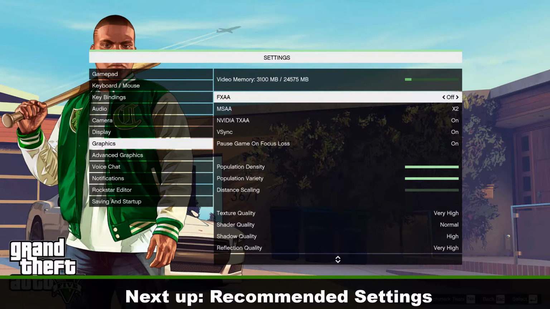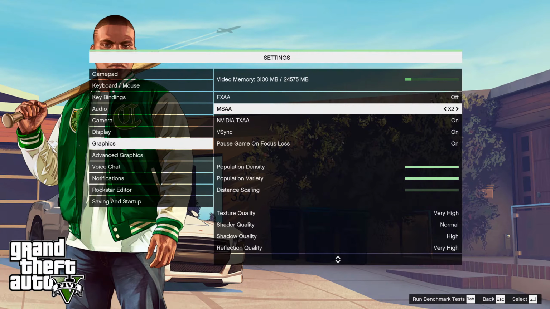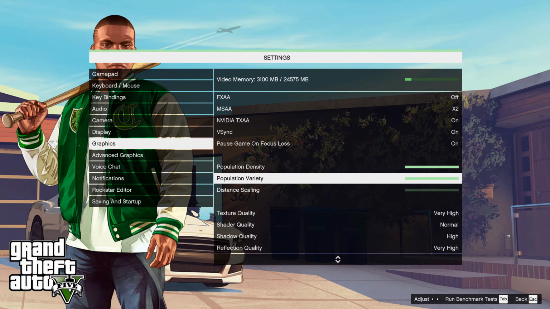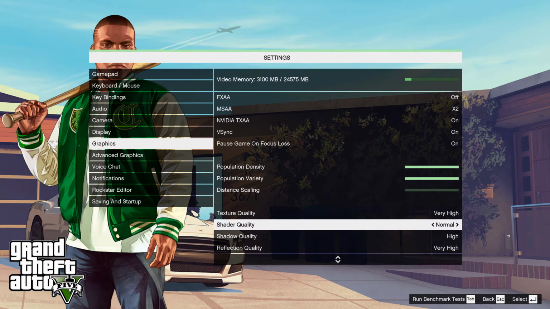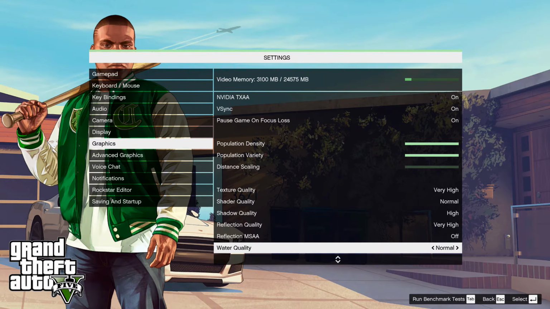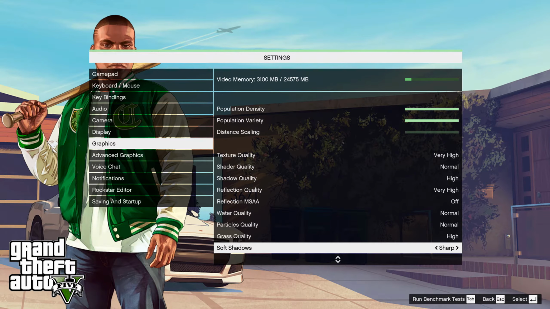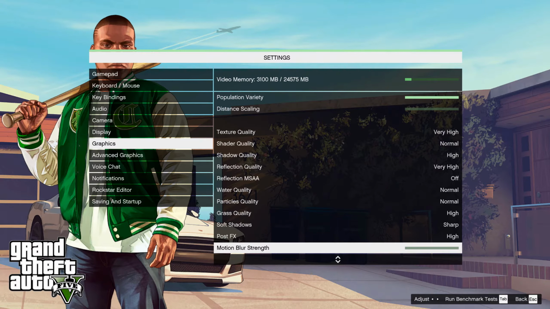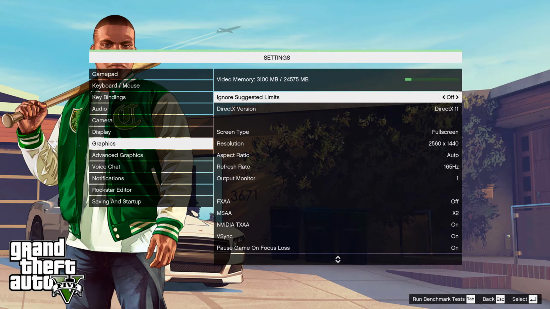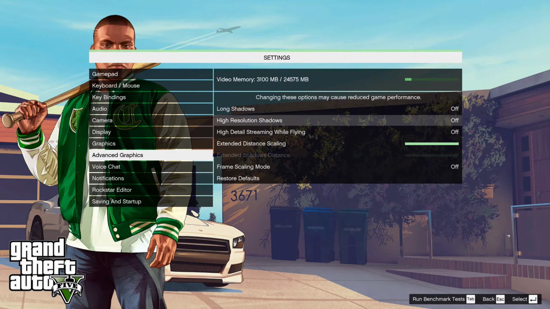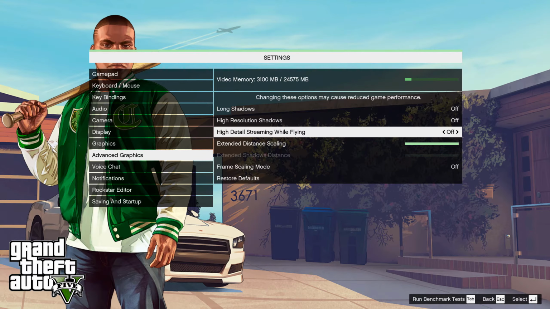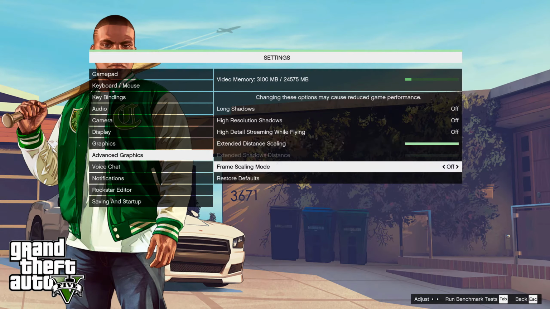Here are my own recommended settings, which are based off the recommendations I've made throughout the video. Like I mentioned earlier in the video, you have to select your anti-aliasing settings based off your resolution. So if you're playing in 1080p, I recommend a minimum of 4x MSAA. If you're playing in 1440p, I recommend a minimum of 2x MSAA. And if you're playing in 4K, I also recommend 2x MSAA. Furthermore, you should also select the texture quality based on the amount of VRAM you have, since this setting will have a big impact on your VRAM usage.